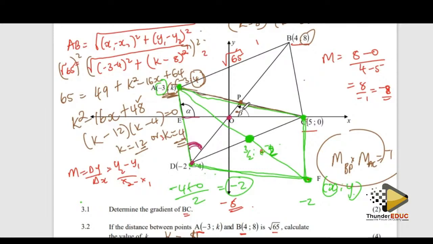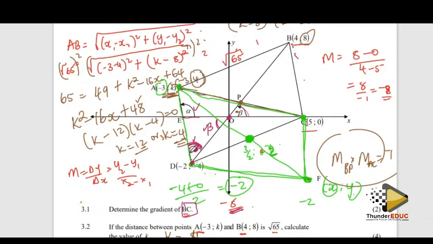We know that this angle beta is going to be the same as this angle, which means for us to get this angle of ours, we shall have to combine this angle and the beta to give us the alpha. So we got the gradient of BC, which was -8. But this gradient is the same as the gradient of AD. So let's use the